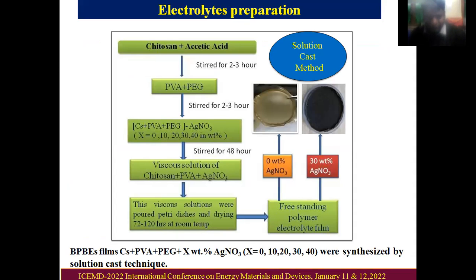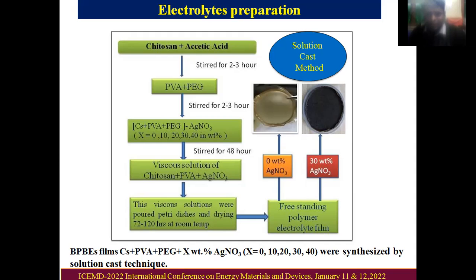Then salt added in weight percent 0, 10, 20, 30, 40 respectively. Then stirred for 48 hours until the solution of chitosan, PVA, PG, AgNO3 became viscous. The viscous solution was poured into petri discs and dried for 72 to 120 hours at room temperature to obtain freestanding